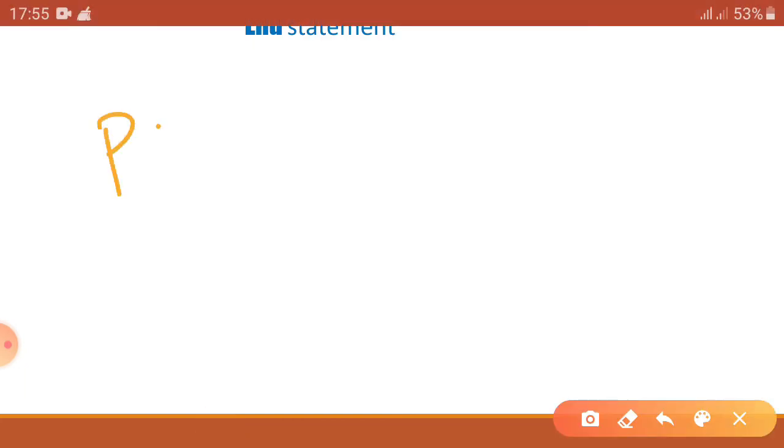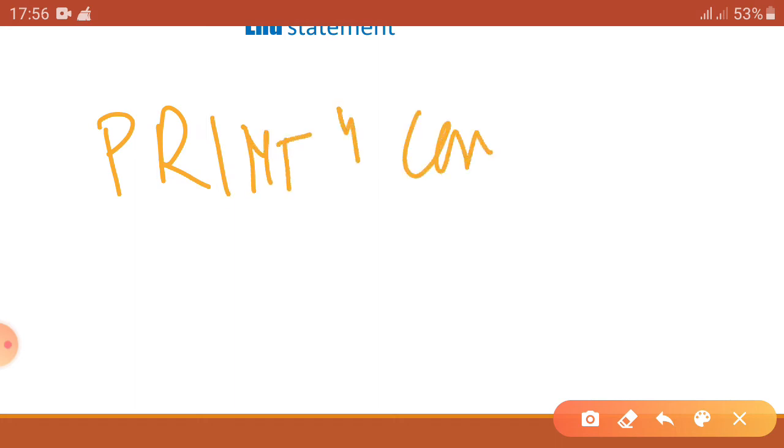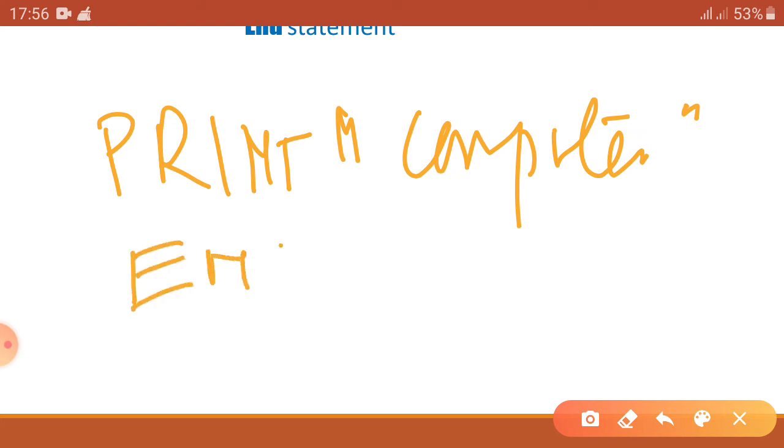So if I write print computer inside the double quote, and then write end, that means it is the last statement of the QBasic program.